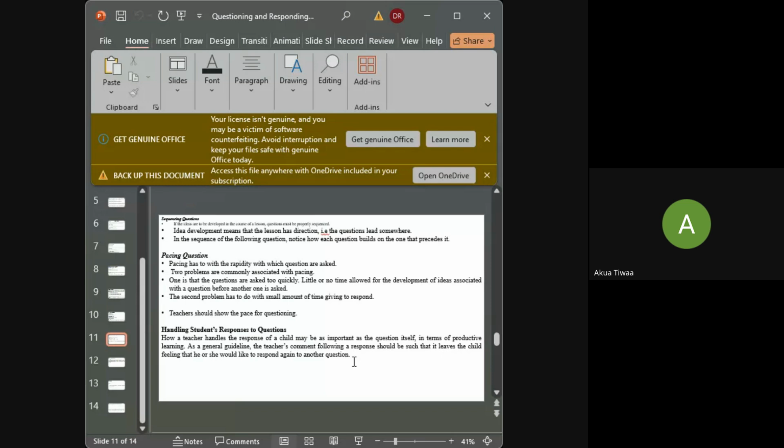And we have evaluative statements. Some teachers seem to think that they must evaluate every response with yes, that's right, no, that's not right. Of course, teachers need to evaluate the work of children, and incorrect responses should not be ignored. Yes. But there is something wrong with a procedure that necessitates an evaluative comment from the teacher each time a child answers a question or makes a comment in class.